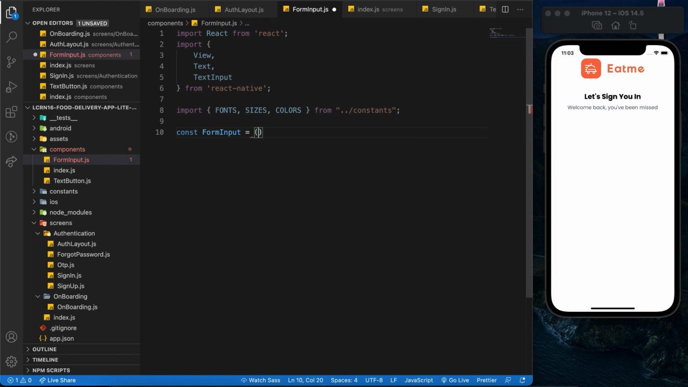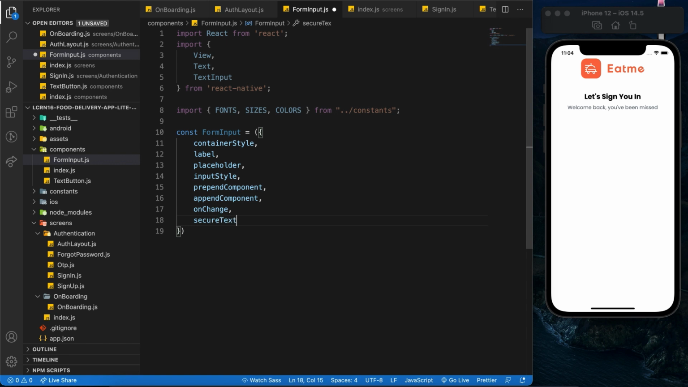And for this component, we are going to receive quite a number of props, which includes the container style, label, the placeholder, input style, the prepend component, append component. Don't worry if you don't understand the use of these props at the moment, you will see why we need them shortly, alright? So after the append component, we need onChange, we need secure text entry, this is for the password, alright? And the keyboard type, by default it should be default. Autocomplete type,